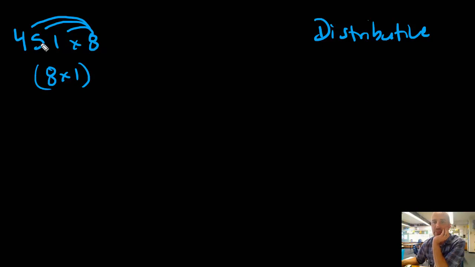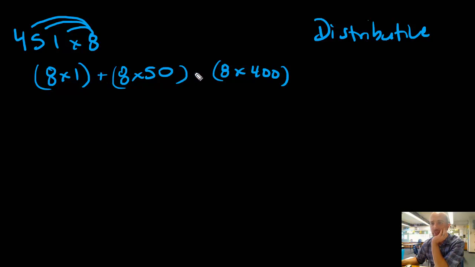I also have 8 times this 5, but this 5 is not just 5. The 5 represents 50, so 8 times 50, and the 4 here represents 400. So 8 times 400. And then I'm going to add all those up. That's the distributive property. You're taking them one at a time, and then you're adding them all up to get